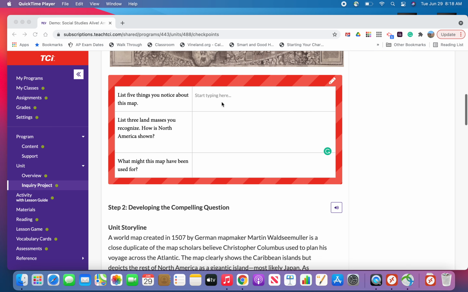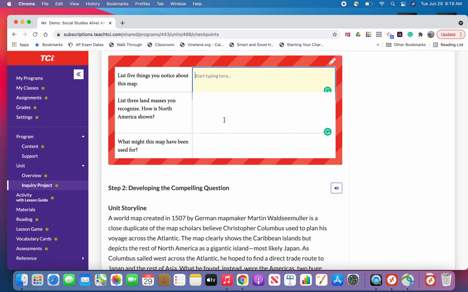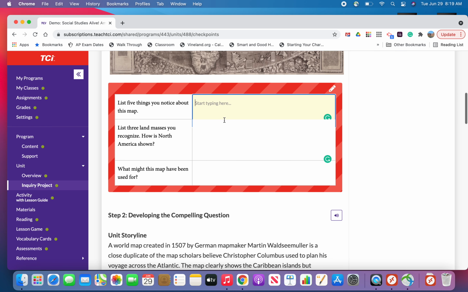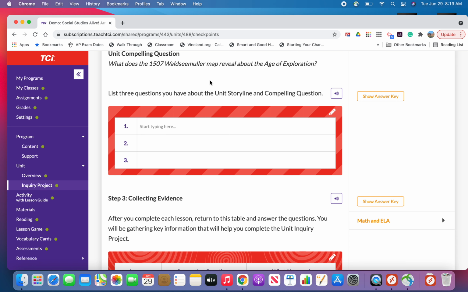They can do that by typing in the boxes here. And you can break your class obviously up into small groups and have them start to analyze things about the map that they notice either on their own or preferably in small groups so that they can have that dialogue and discussion and obviously analyze things together and build off of one another's ideas. Obviously, it gives you a little bit of a storyline. It also allows the students and you to ask questions about the storyline and the essential or compelling question, as